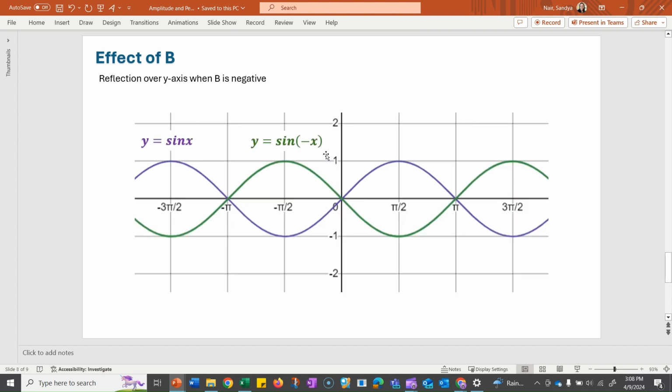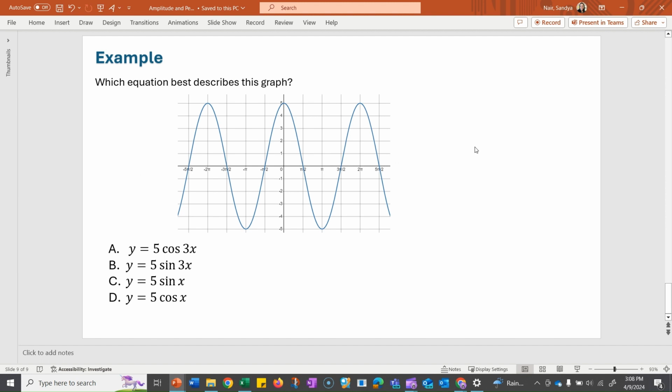Also, when b is negative, you're going to have a reflection over the y-axis. Okay, so you can see these two graphs are kind of like mirror images of each other. Okay, so you'll see some questions where it asks you to match graphs to equations. Honestly, when you have this kind of problem, I really think your best idea is to go ahead and graph in Desmos. So for example, if I were going to solve this problem, I would just go ahead and pull